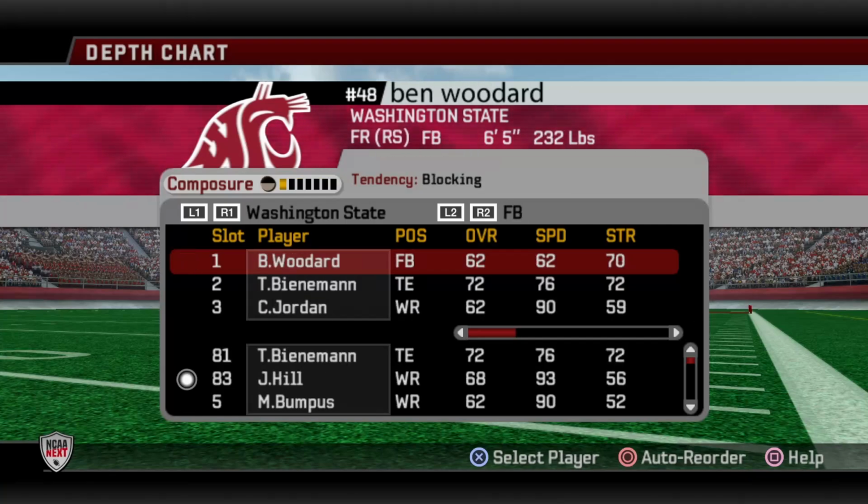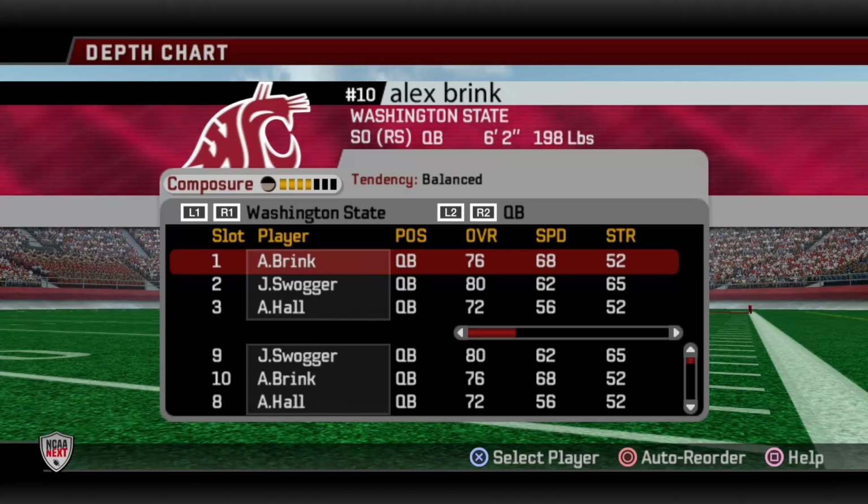It's just very flexible. That's why I like this offense so much. It's very adaptable with your personnel, with your recruiting, your positions, your players. It's incredible. I think you're going to have a lot of fun with this offense, and I hope this video